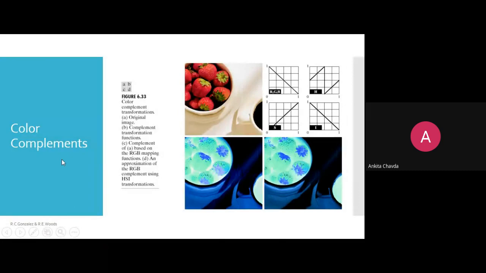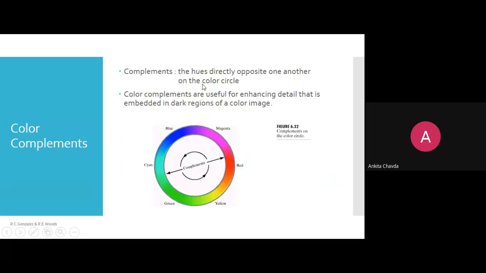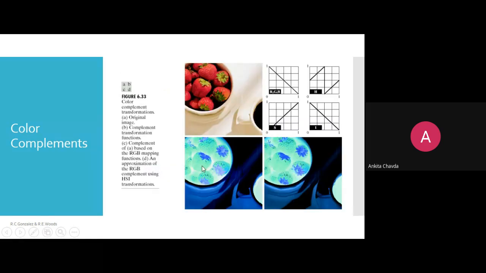Yeah. It is the complement of A, this image, based on RGB mapping functions. So this is the output using RGB, and the second one is via the HSI. So you are getting this. Not a major difference. Whatever color model you are using, based on your application, you can choose. So here red color is there, and you have seen the complement of a red color, so now the color is cyan. Okay. So this is image negative, but in color image processing, with the colors.